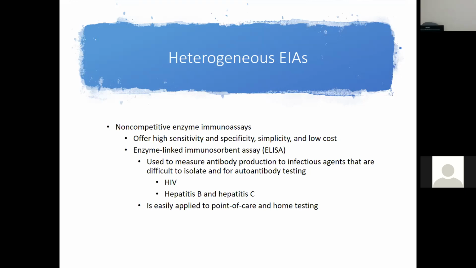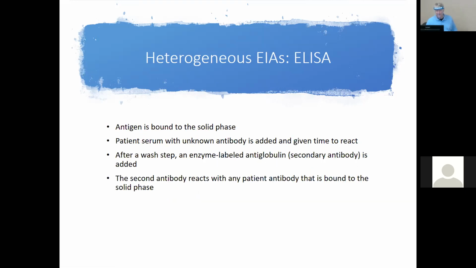Okay, good. All right. So back to our topic of ELISA. ELISA is used here for testing. This one will be looking for the antigen or the antibody, sorry, which we're going to be doing today. We're going to be looking for the antibody. The antigen is bound to a solid phase. Like we said, we're going to put that in our well. We got a plastic well downstairs. The patient's serum, with the unknown antibody, is then added. Whether the patient has it or not, we're going to give it time to react.